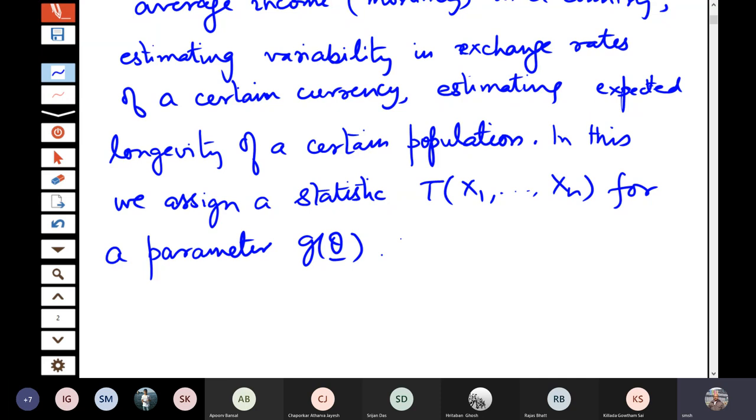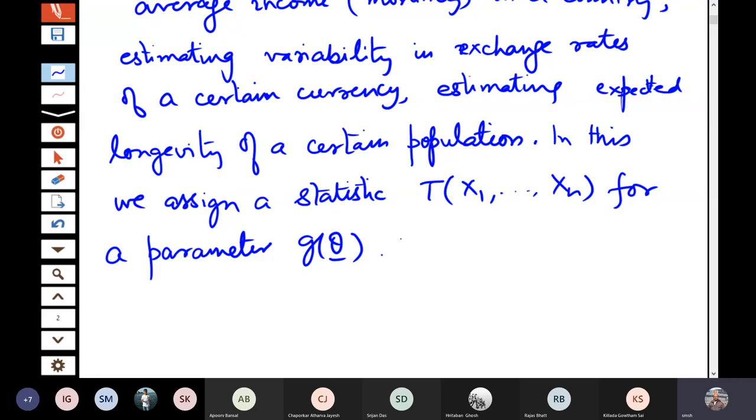So when we say we want to estimate the mean, so for example, in the normal distribution, the mean is mu. In the gamma distribution, the mean is r by lambda. In a beta distribution, the mean is alpha by alpha plus beta. So similarly, for every distribution, the mean, variance, the median, the range. So in the distribution theory, we have seen the expressions for those things. We would like to estimate them on the basis of a random sample x1, x2, xn, which is taken from that population. So we will construct a statistic.